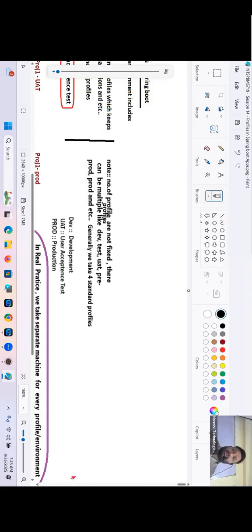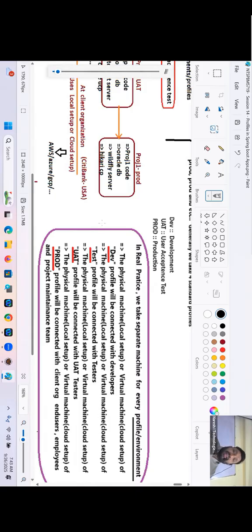Generally, we take four standard profiles. In real practice, we take a separate machine for every profile or environment. The physical machine or virtual machine or cloud of the dev profile will be connected with developers. The physical or virtual machine of the test profile will be connected with testers.